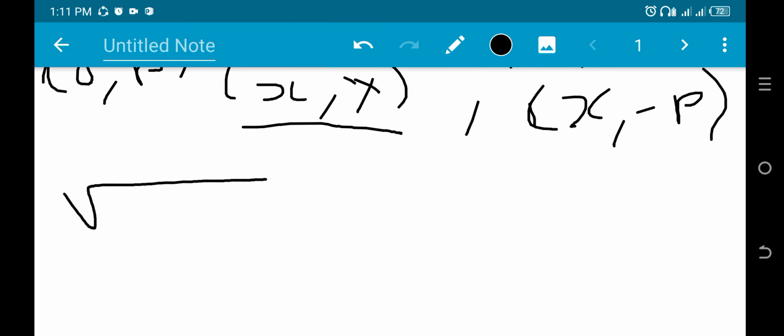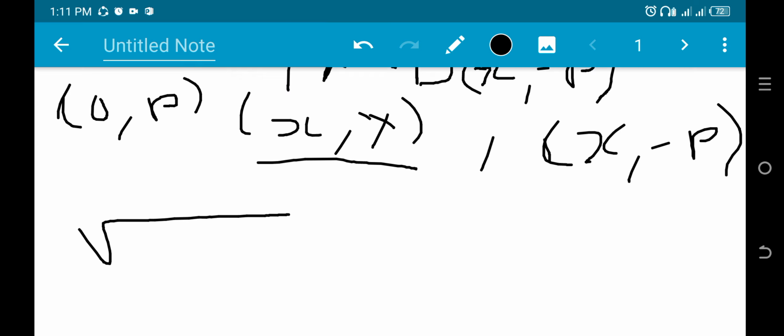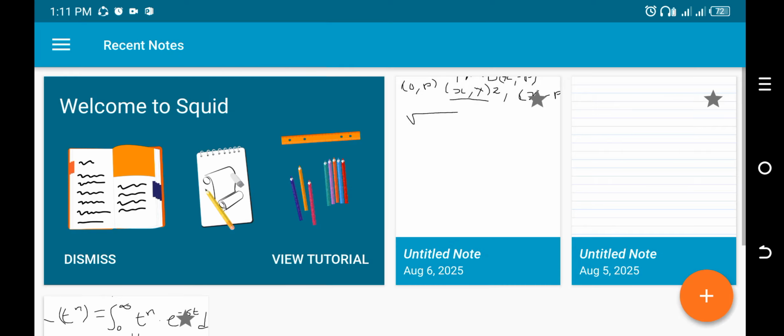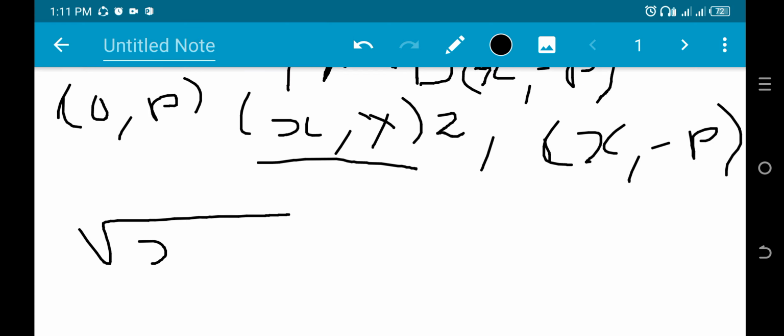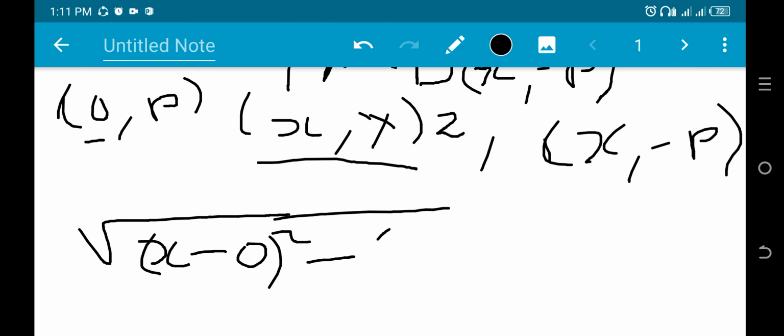So for the first part, we are taking x. This will be our x2 and y2, the arbitrary point. So x2 is x. So we have x minus 0, as x1 is 0, squared, then plus, open bracket, y2, which is y, minus p